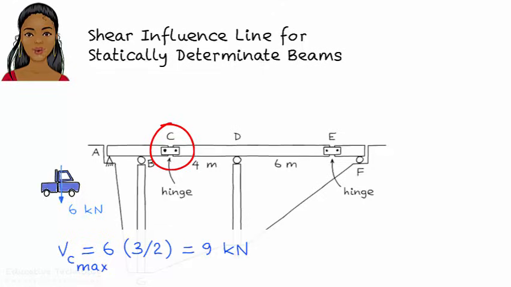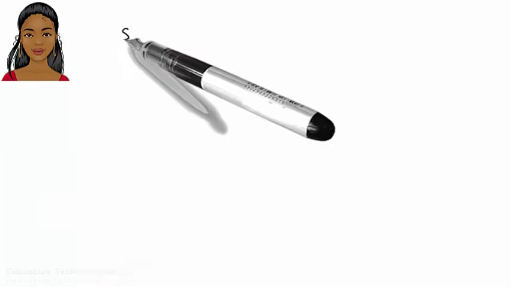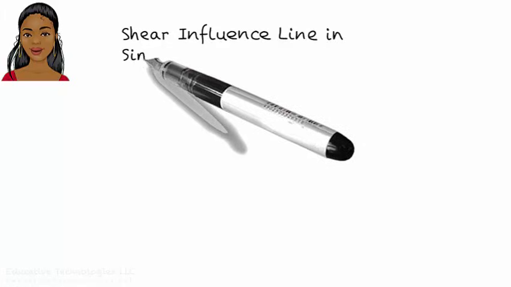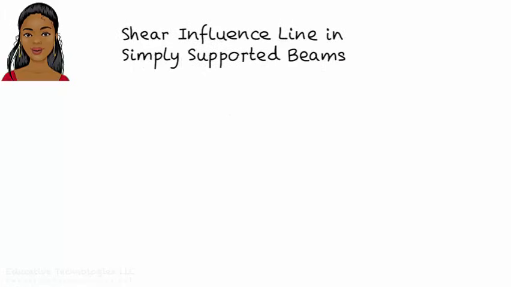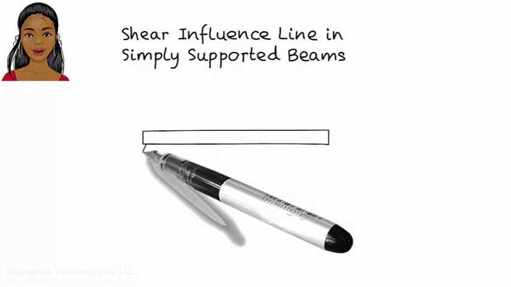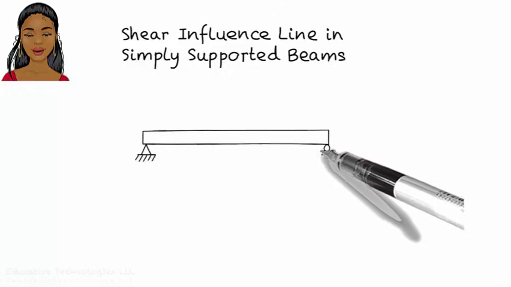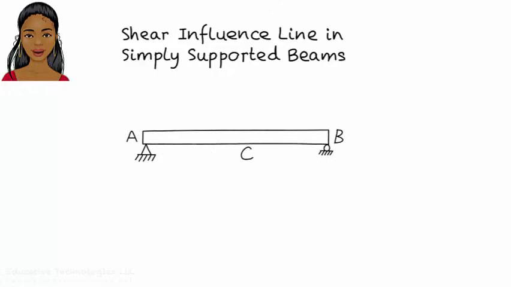Okay, now let's turn our attention to the process of drawing shear influence lines for statically determinate beams. For simply supported beams without any internal hinges, drawing a shear influence line is rather straightforward. Here is a simply supported beam. Suppose we wish to draw the influence line for shear at C as a unit load moves across the beam. If we place the unit load at various locations on the beam and calculate shear at C for each load position,